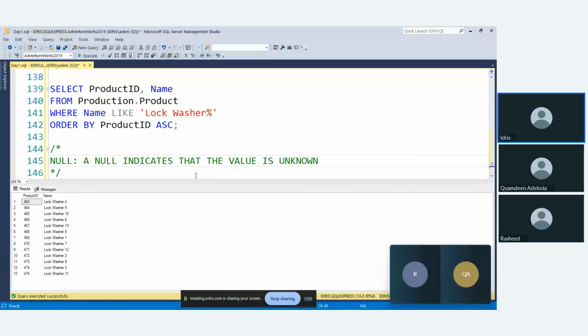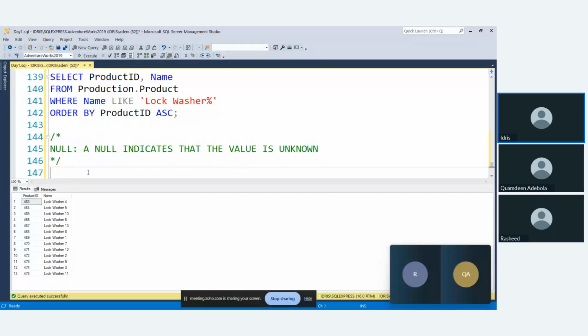So let me give you an example. Say, for example, you want to gather data. You have a business that you're running. Your products